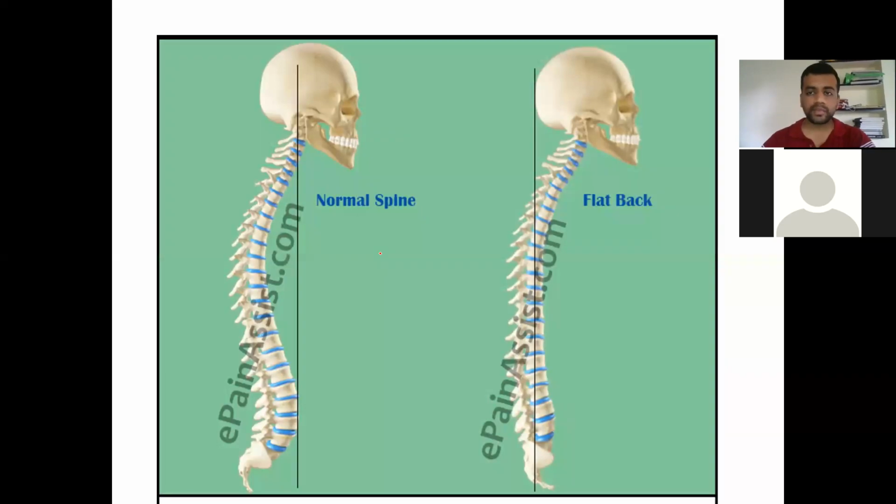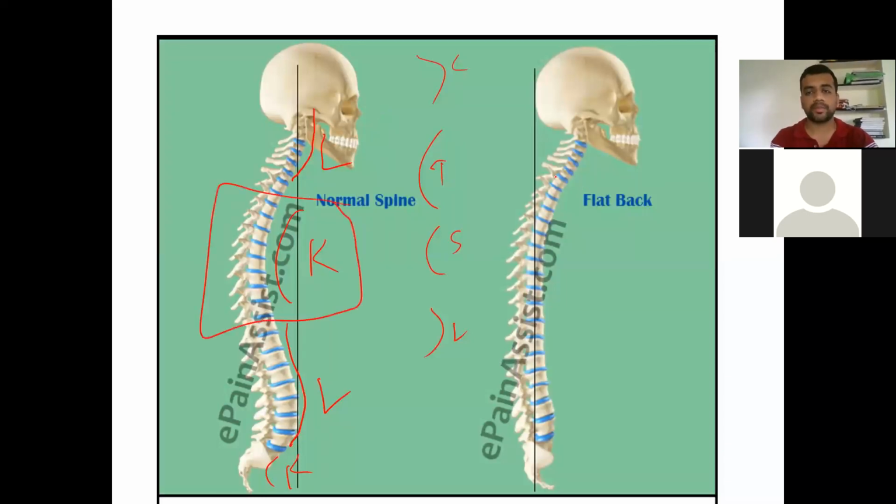And coming to straight back syndrome, see here we have got something called lordosis, and this is lordosis. So we are having two lordoses normally, and we are having two kyphoses here. So kyphotic curves are there. This is sacrum, this is thorax, this is cervical, and this is lumbar. So this is the normal anatomy of the spine. If this kyphotic curve is lost and it becomes straight, this is called straight back syndrome.